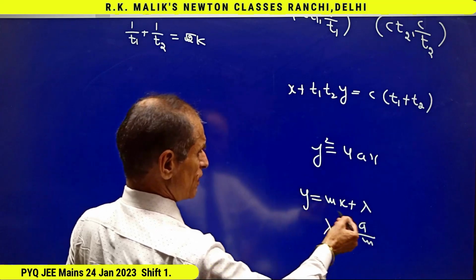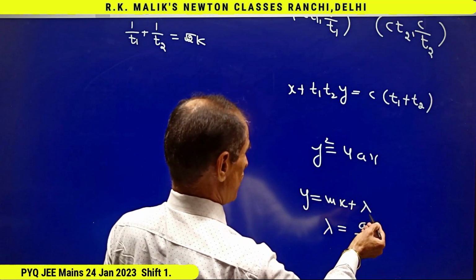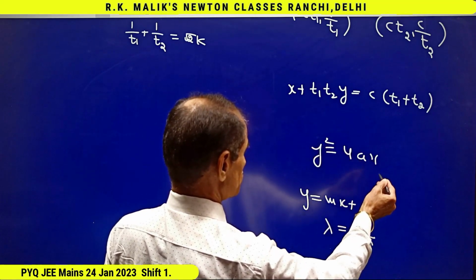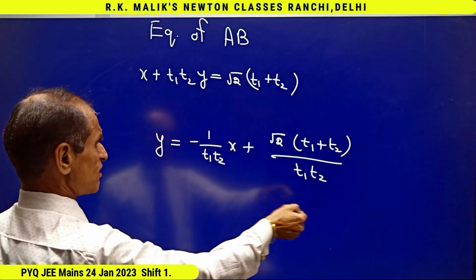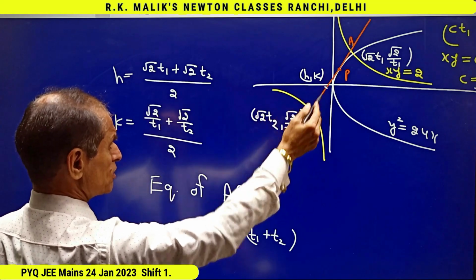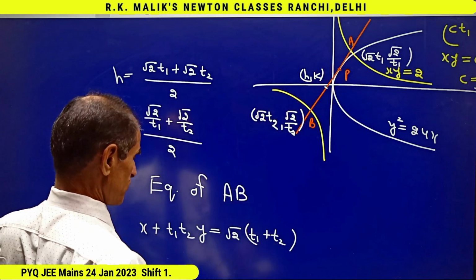And keeping in mind that the line y equal to mx plus lambda touches this parabola if lambda equal to a by m, as this line is touching this parabola, hence